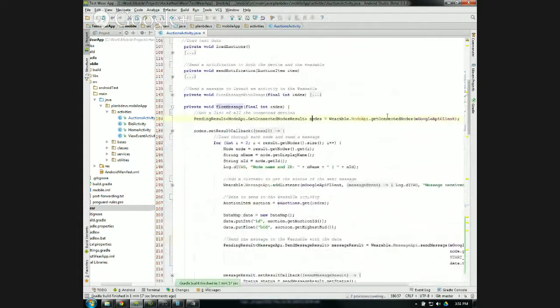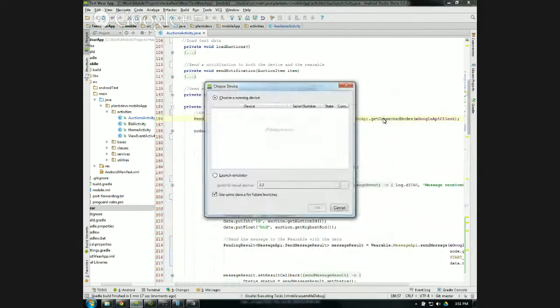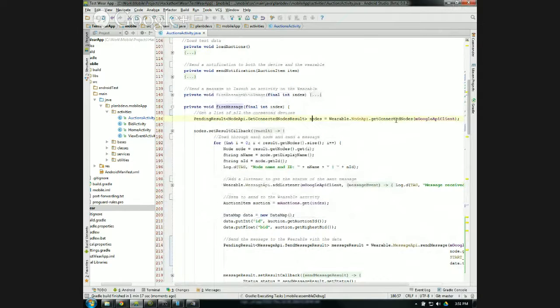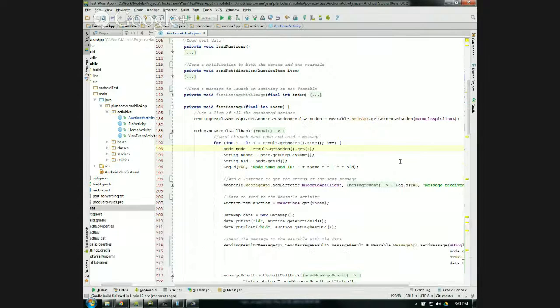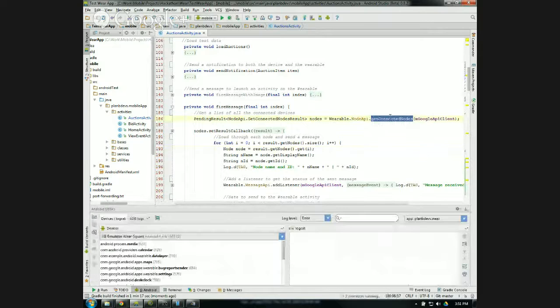It calls this Node API method called get connected nodes, and then passes in that Google client that we initialized in the onCreate. And so what this does, it gets all the Bluetooth nodes that are connected, and